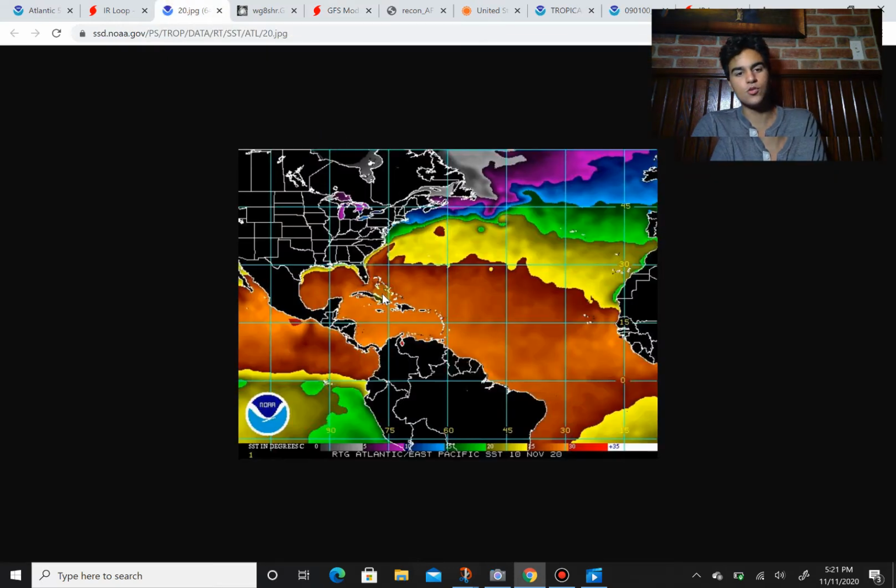And another thing I want to point out too is the water temperature. So obviously we're entering the middle of November at this point, where we're seeing a lot of dips from the jet stream. We're seeing a lot of cold fronts and troughs move through the United States, and as a result of it, we're seeing colder temperatures throughout the southeast during this time, which definitely puts a dent on the sea surface temperatures all throughout the Gulf Coast, because while most of the Gulf Coast is still above 25 degrees Celsius, which is around the 80-degree range, the immediate western Florida coast is now starting to see sea surface temperatures dip down to the 70-degree mark, which isn't enough to completely kill Eta, but it is enough to slow its strengthening down,